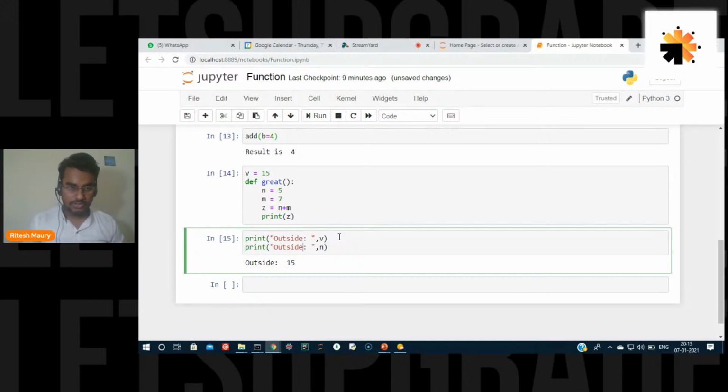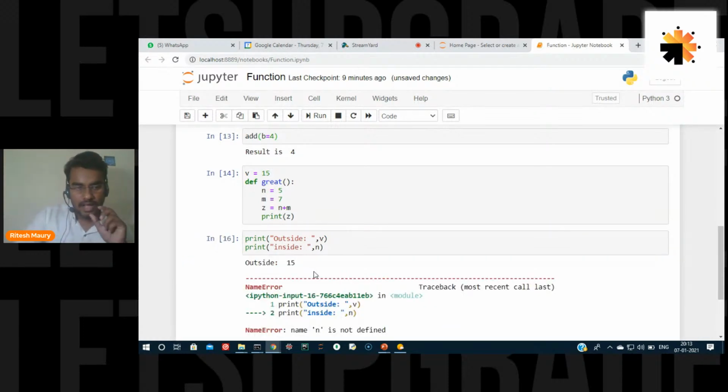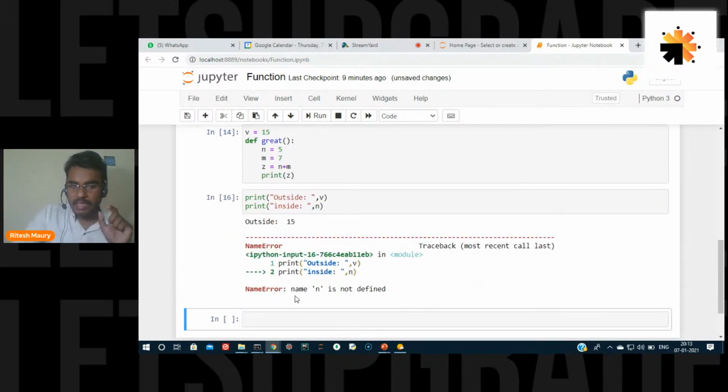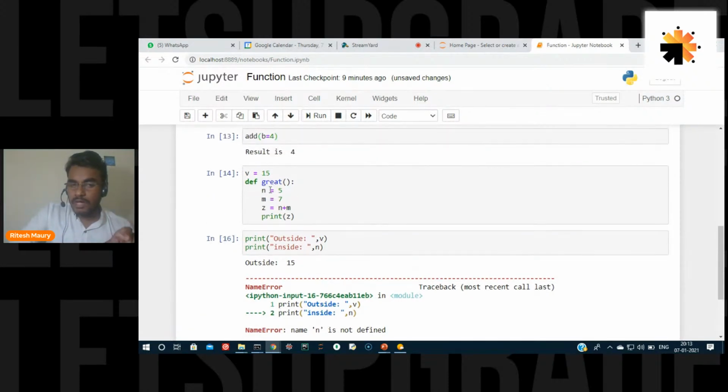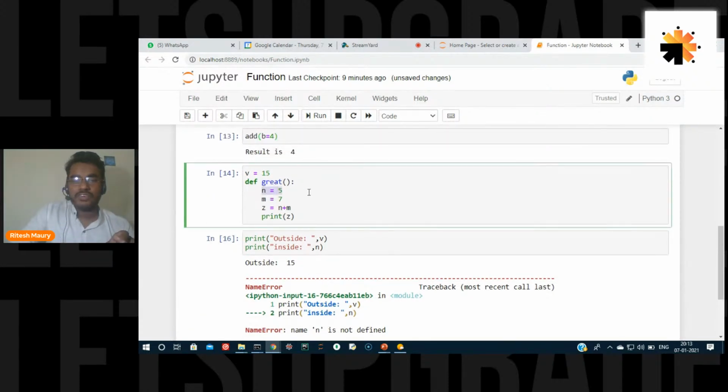Oh sorry, not outside, it's inside. Inside getting answer, outside is getting a 15. That's perfect, but it's directly saying n is not defined, because the scope of this variable is only inside the function. You can't access this outside of the function. Okay, so this one is called a local variable,